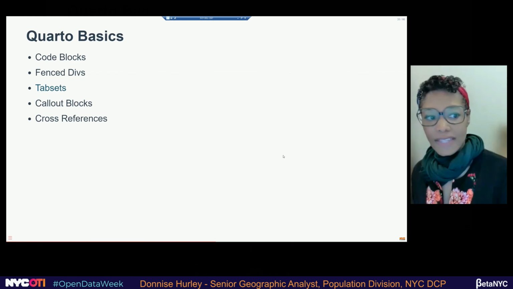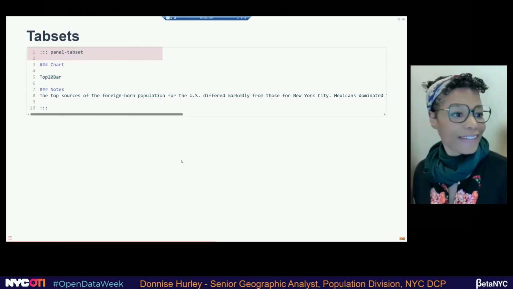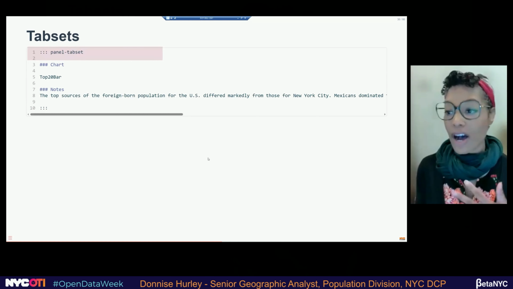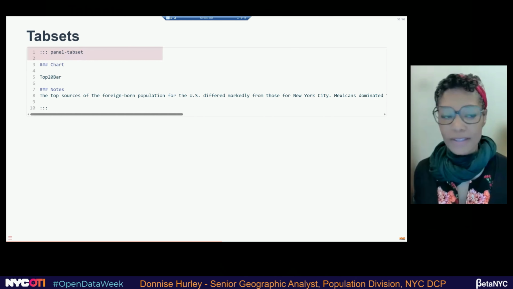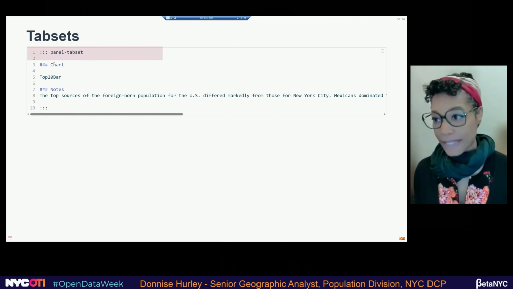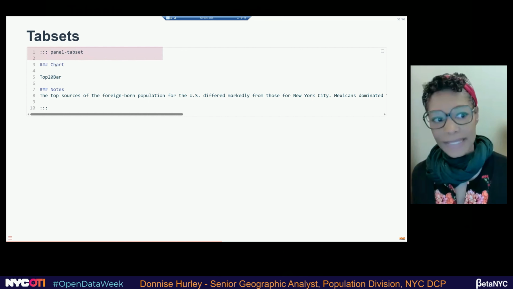So the next thing is a tab set, which is a cool feature, I think. You can use a tab set if you want your users to toggle between boxes on your page. So you're using a fence div again, but your class will be a panel tab set.